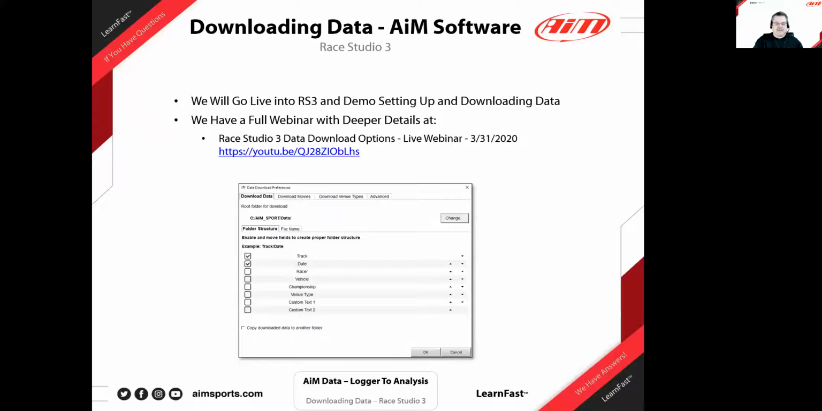We're going to go live in a minute. We'll set up and talk a little bit more about this screen, but I just wanted to touch on it real quickly. It's one of the most important pieces of getting your data from your logger to your software. In RayStudio 2, the older RayStudio 2, I'm going to even attempt to change some cables around real quickly